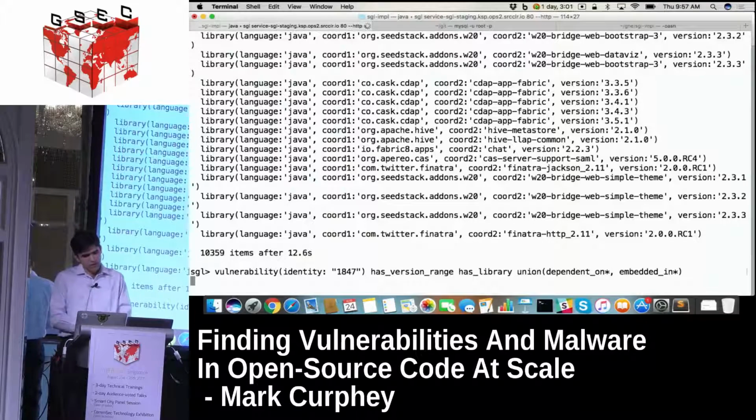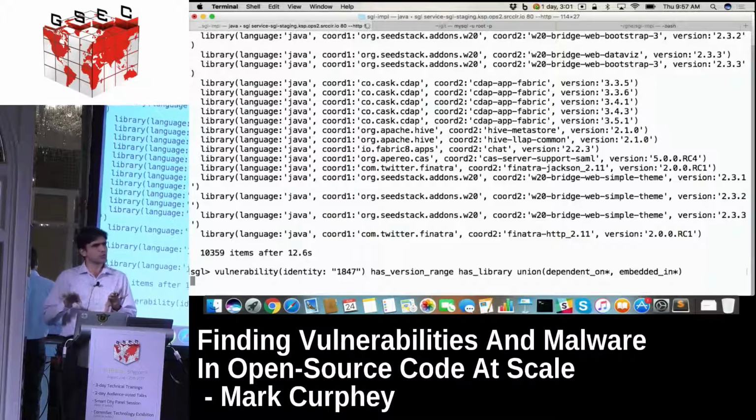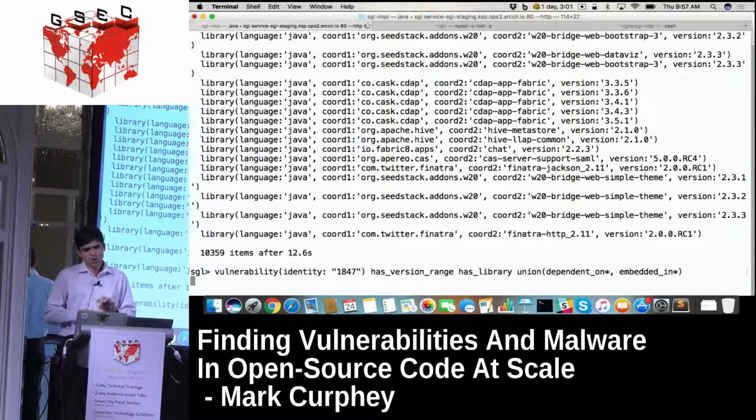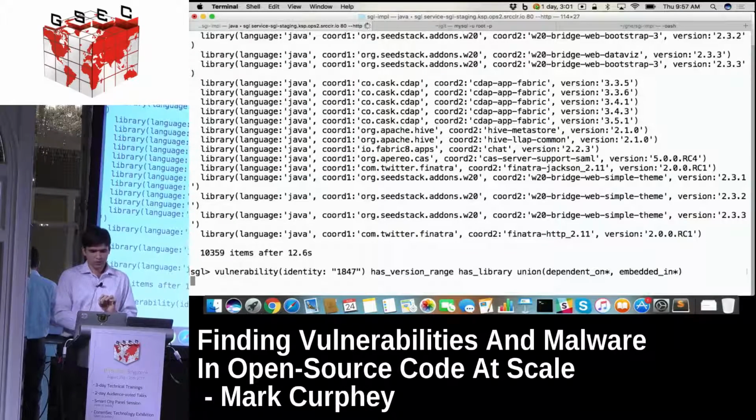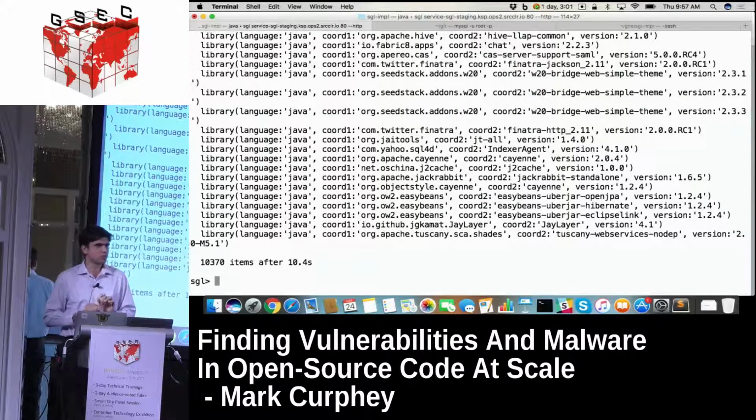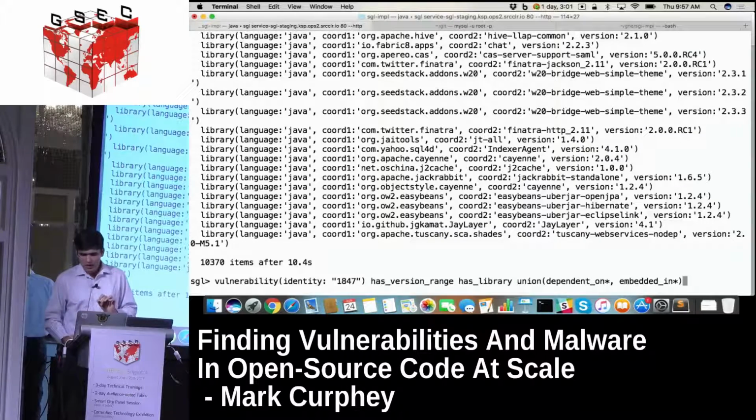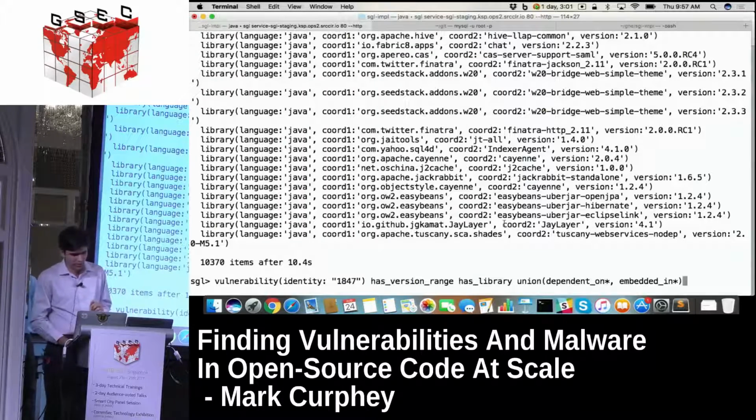So this is live. We have all versions of all Java libraries in the system. We have a particular vulnerability, which is in this case Apache Commons Collection deserialization, and we are looking at all the other libraries inside this graph which are affected by this, either directly or indirectly, or because they are copied over. So that's a single query that gives you a true impact of a particular vulnerability.